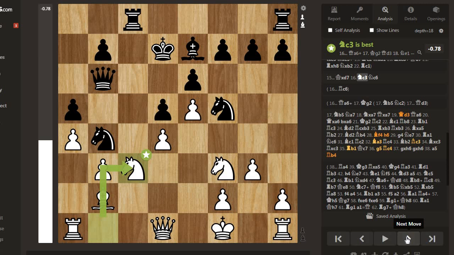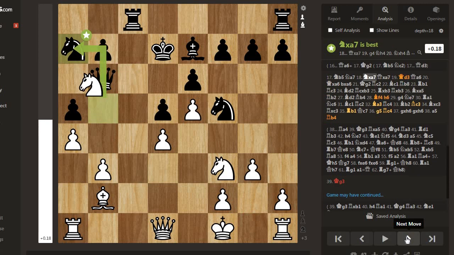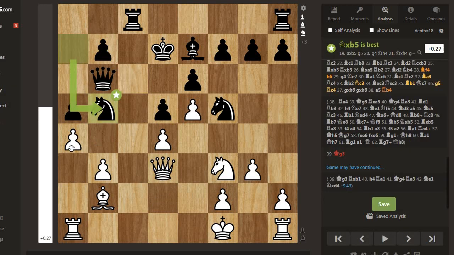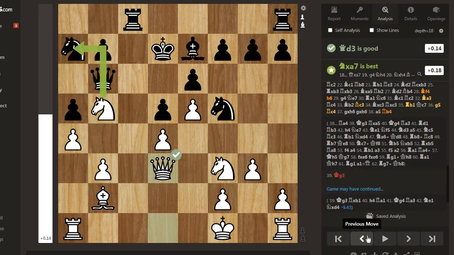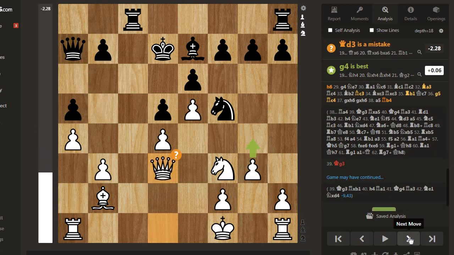After knight c3, knight c6, black plays knight c6, then white plays knight b5, then knight a7, knight takes a7. Here queen d3, knight takes b5, a takes b5 was also possible. After knight takes a7, queen takes a7, queen d3,